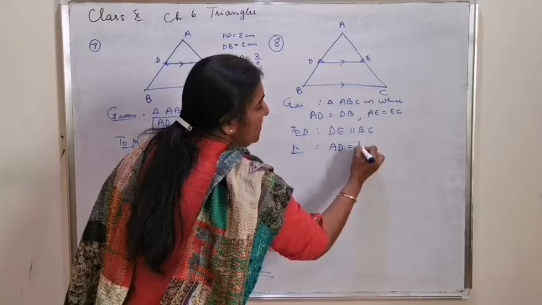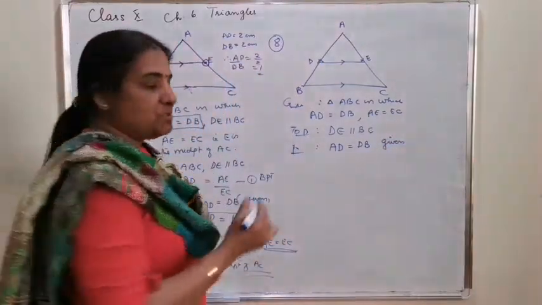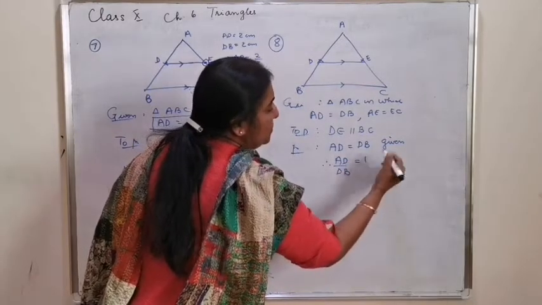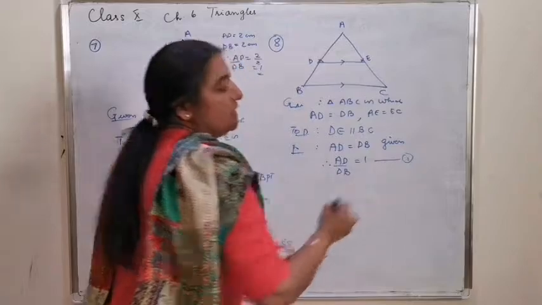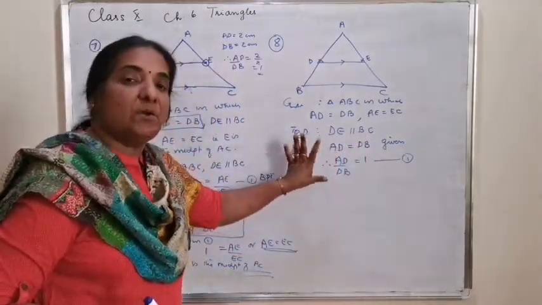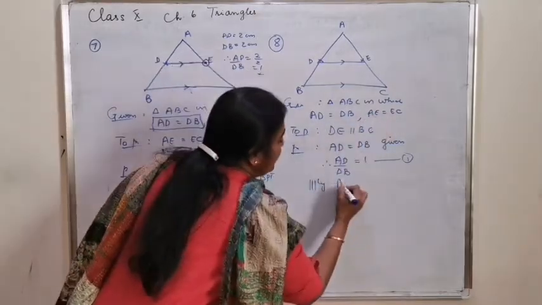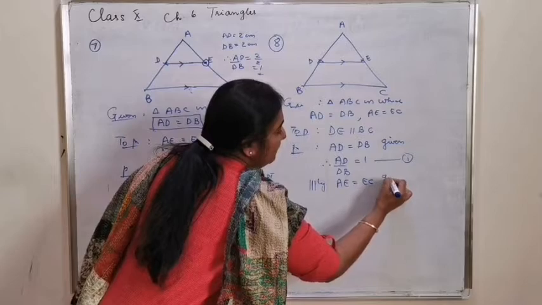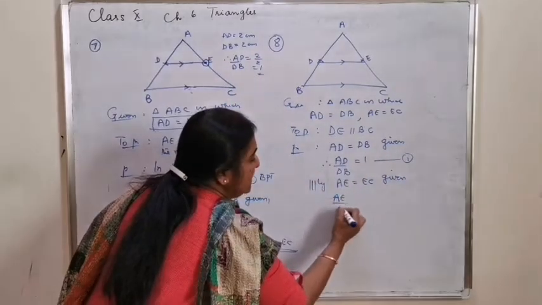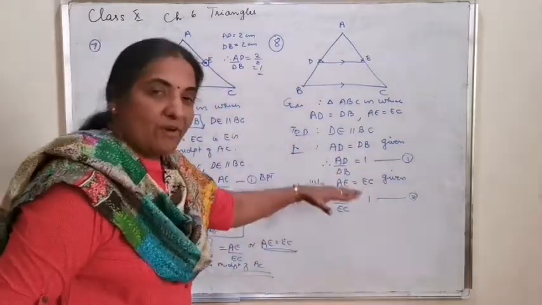AD is equal to DB, it is given in the question, which shows that therefore AD by DB is equal to 1, the length is equal, therefore the ratio is 1. Similarly, AE equal to EC given. So what about the ratio AE by EC? That is also 1. Therefore, from 1 and 2,